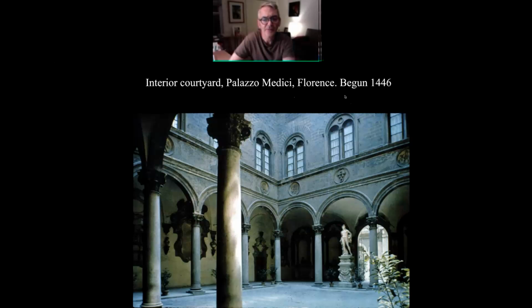Okay, plan view, here's the interior. So kind of like a Roman villa. It has this interior courtyard, which is bigger than a standard atrium in a Roman villa. So similar to those Renaissance churches, you see this arcade with the